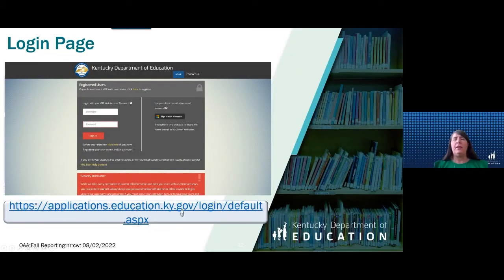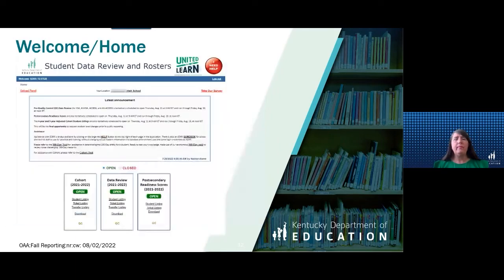Also, I have a link here that gets you to the KDE website, to this applications login site. Once you get logged in, this is the welcome and home screen. You'll see a box with the latest announcements. It'll talk about the timelines for data review, your post-secondary readiness, and also cohort.